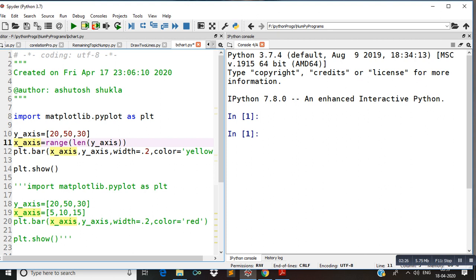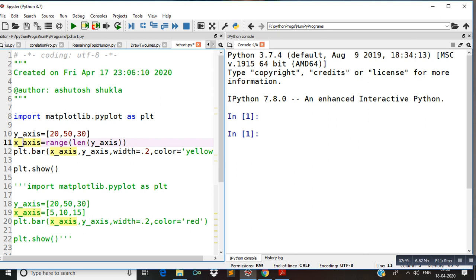So on the axis we will create some vertical rectangles. That is also called a vertical bar chart. This time we are going to create a vertical bar chart. Suppose y-axis is equal to 20, 50 and 30.